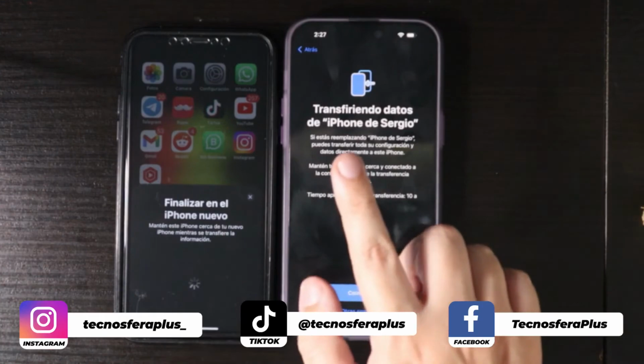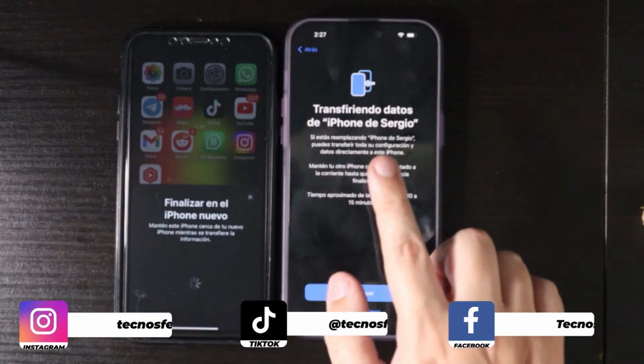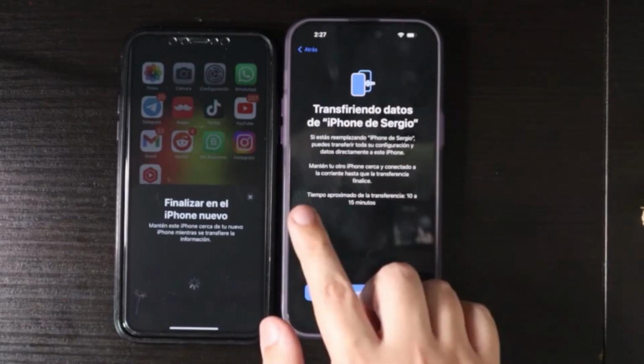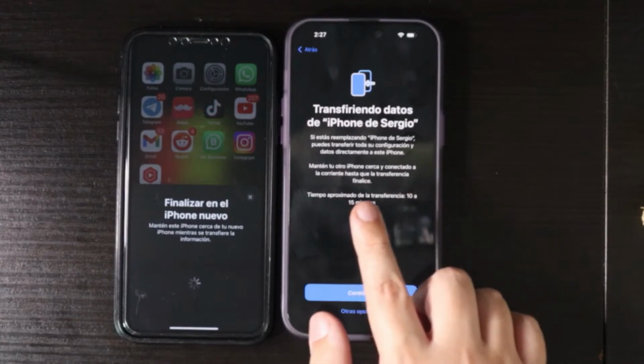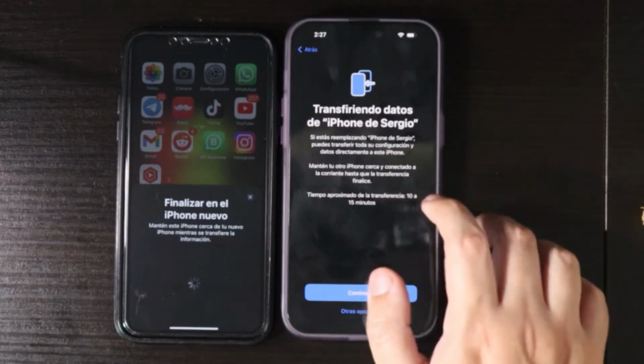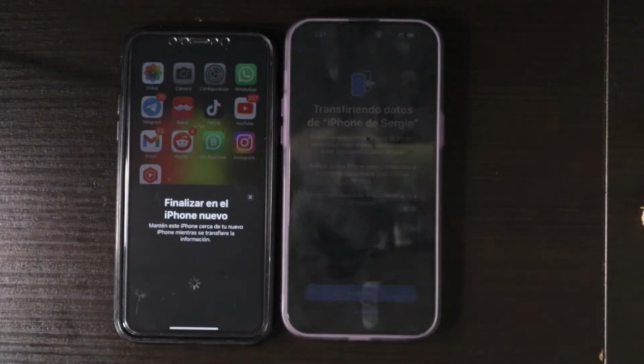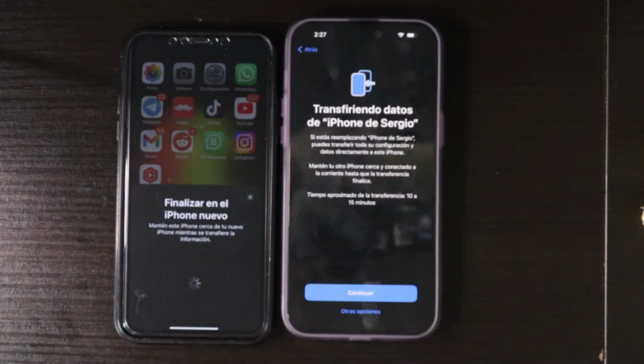It states, yes, it's replacing Sergio's iPhone. You can transfer all its settings and data directly to this iPhone. Keep your other iPhone nearby and connect it to power until the transfer is complete. The approximate transfer time is 10 to 15 minutes. As you can see here, it tells me this amount of time because I don't have many things, but I know there are many people who do have a lot of applications, videos, and photos, so this time may vary